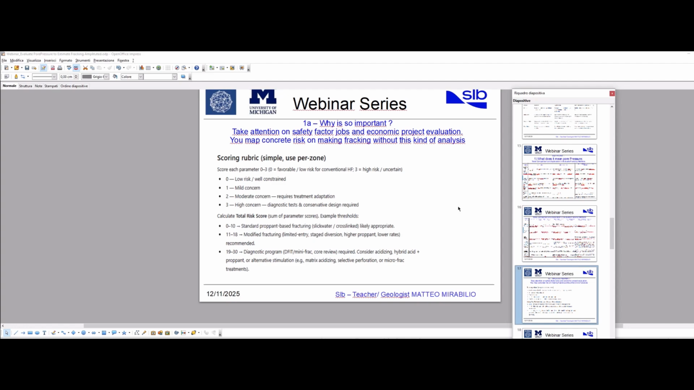In this case, we also have a value to calculate the total risk score, 0 to 10 standard. We can say that it is a standard propant-based fracture slicker or close slicker, as appropriate. When we have a high value between 11 to 18, use a modified fracture with limited entry, stage diversion, high propant, low rates. For 18 to 20, the diagnostic problem is the mini-frac core review, and we consider also in this case